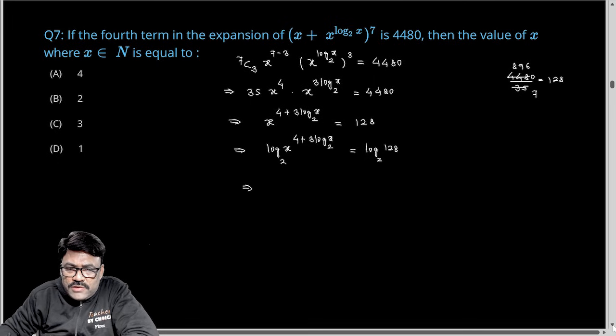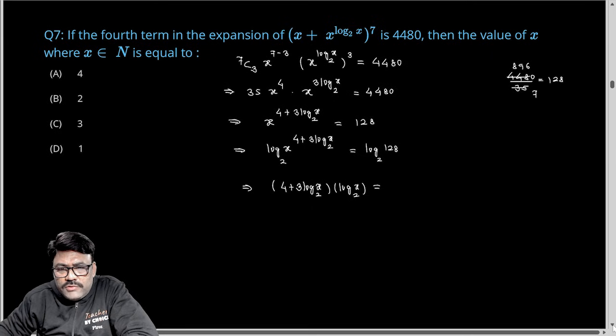Now it can be written as 4 plus 3 log x with the base 2 taken outside. So 4 plus 3 log x with the base 2, again log x with the base 2. And on the right side, you will get what? You will get 7 log 128 with the base 2, it is 7. Now if you substitute this log x with the base 2 as t, so you are getting